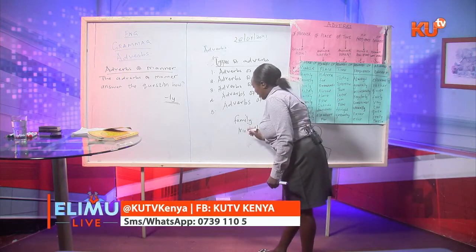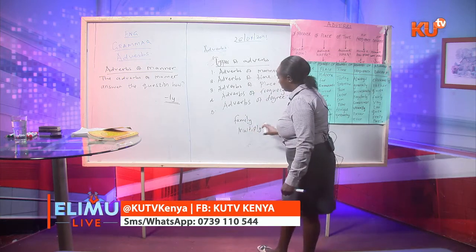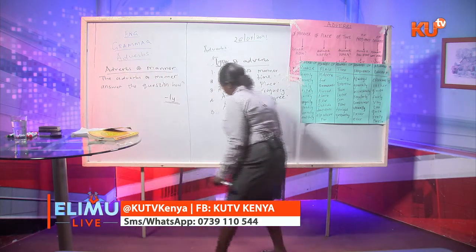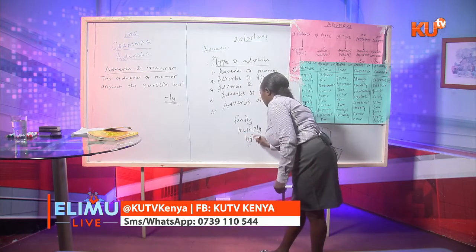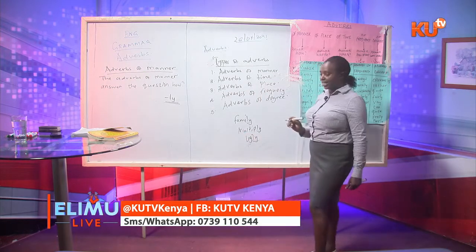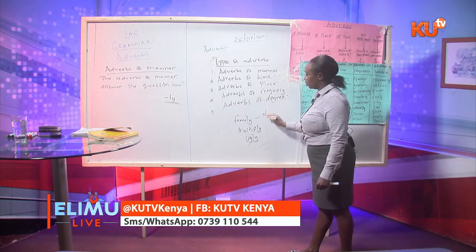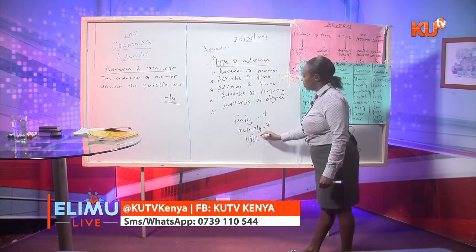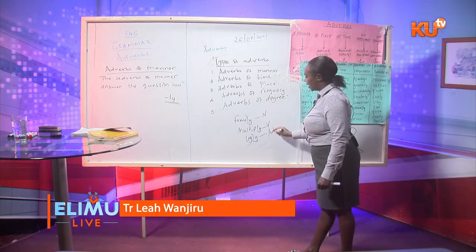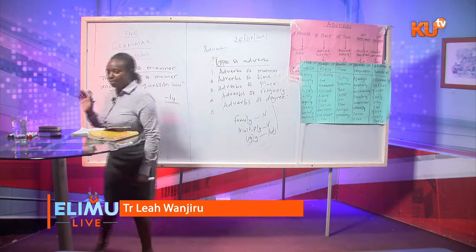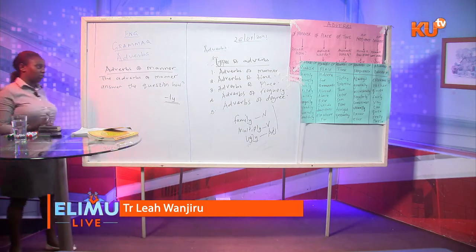A word like ugly also ends in ly, but it's not an adverb. Family is a noun, multiply is a verb, ugly is an adjective. Therefore, when we come to the adverbs of manner,